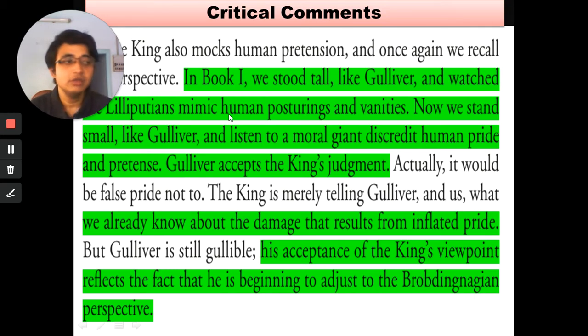Gulliver হচ্ছে এমন একজন human being, spineless human being, the unreliable narrator, যেখানে যে কোনো পয়েন্ট অফ ভিউ, যে কোনো ডিসকোর্স, যে কোনো ইডিওলজি দিয়ে তাকে মোল্ড করা যায়, এবং কিং যা বলছে গালিভার তাই শুনতে অলমোস্ট বাধ্য।